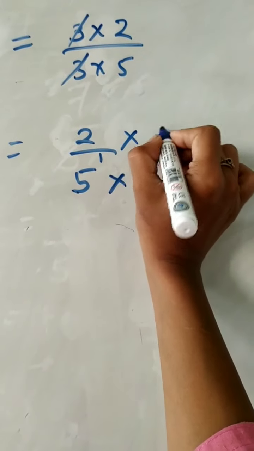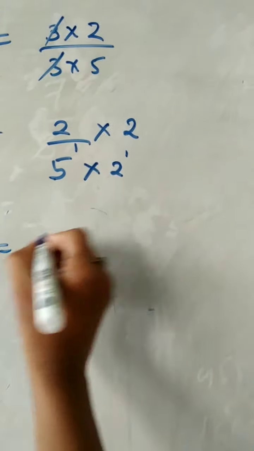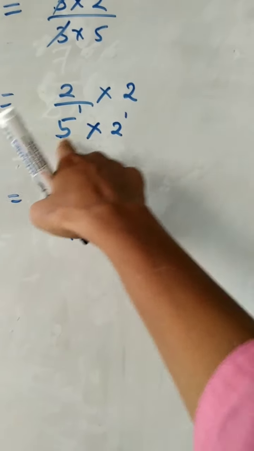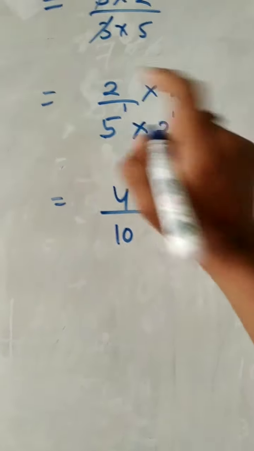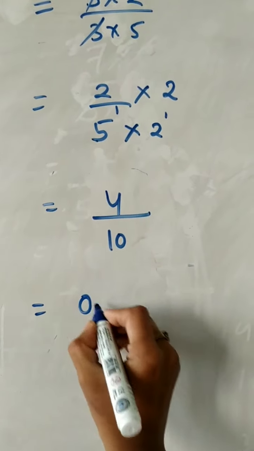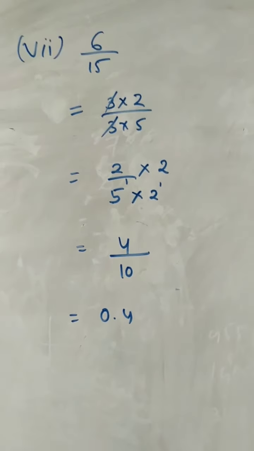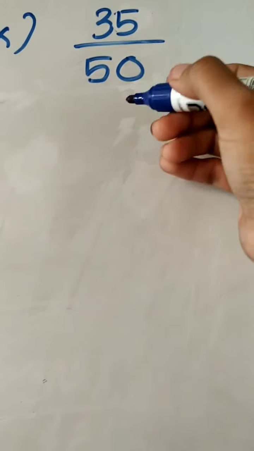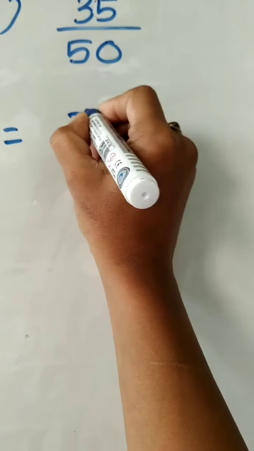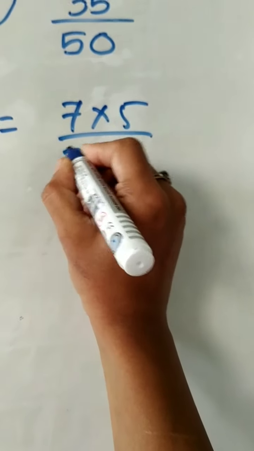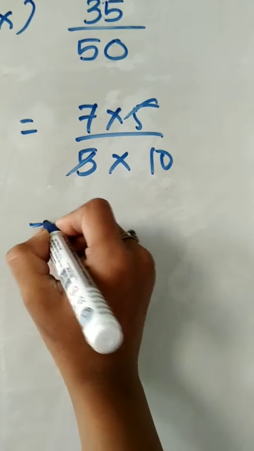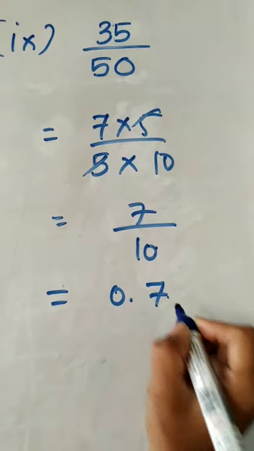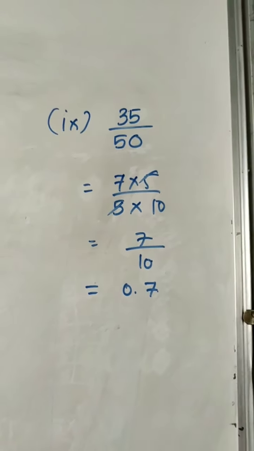As we have multiplied 2 over here, we will multiply 2 there too. So it will become 2 2s are 4 and 5 2s are 10. The main thing is we have to make it in the form of 10, and the power should be the same. So now this question ends here because it has the answer 0.4. Now here we can reduce also. So we will reduce this. So it will become 7 upon 10, and 7 upon 10 means 0.7. So here we completed this question.